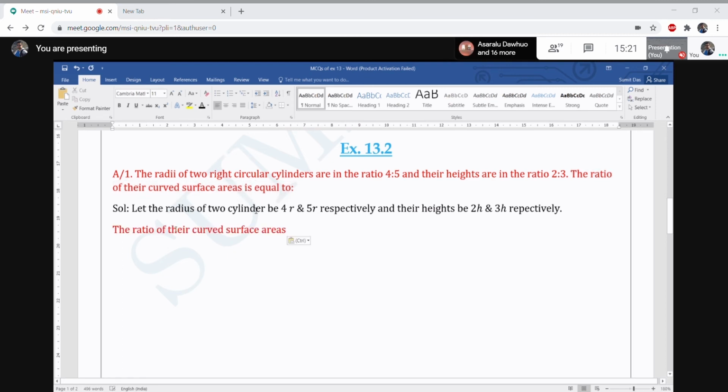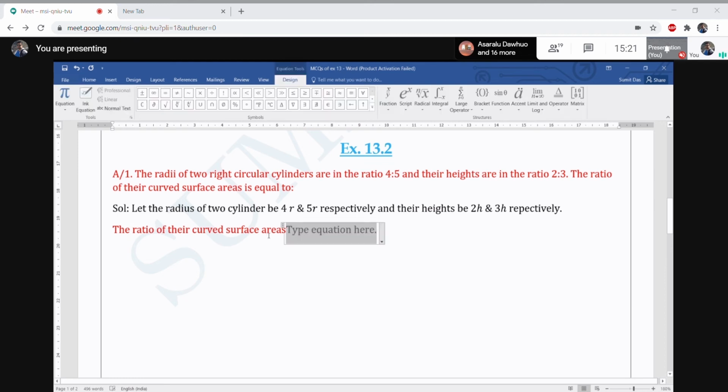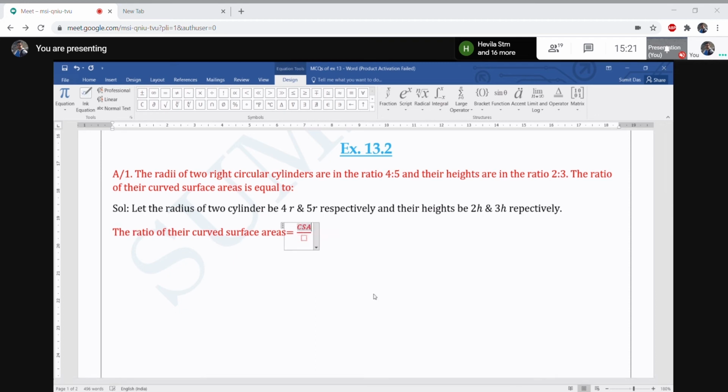The ratio of the curved surface, how to do? Just equalize the curved surface area of the first cylinder and then the curved surface area of the second cylinder. CSA of the first cylinder by CSA of the second cylinder. Then